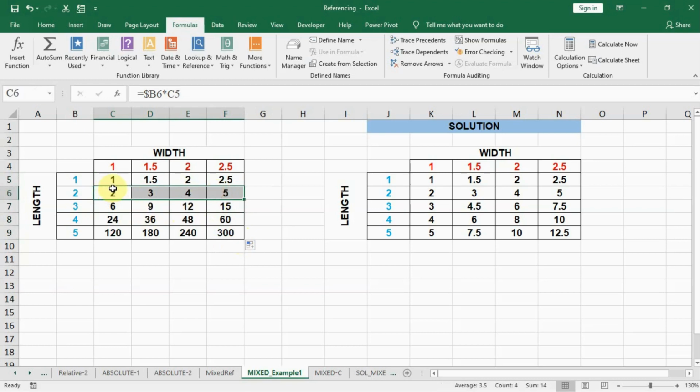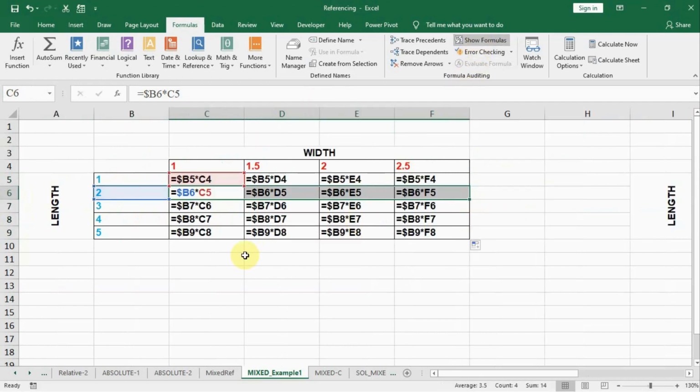I have to check it out why this mistake is happening. So let us again go to the formula and check out. I go to show formulas and see. Here what is happening? It is referring to B6 into C5. B6 is okay, length is 2. And C5. I want it C4, not C5, right? Every time it has to be C4. When I drag it down, C4 has to be C4, but it becomes C5, C6, C7, E8.